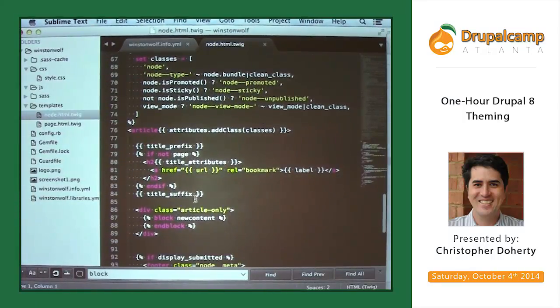I have defined a block here, specifically I'm calling it for articles only. And so remember when I said this is like a placeholder? I'm creating a block, and I'm defining it as new content, and then end block. And that's all I'm doing. I'm not putting anything else in there. It's got a div in there and whatnot.